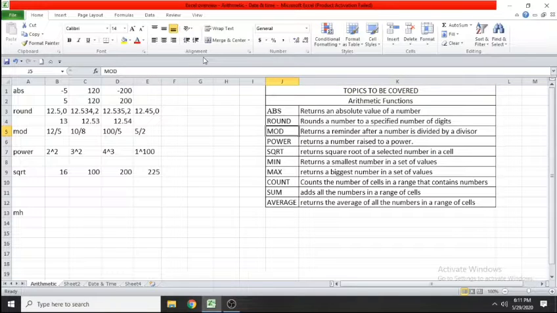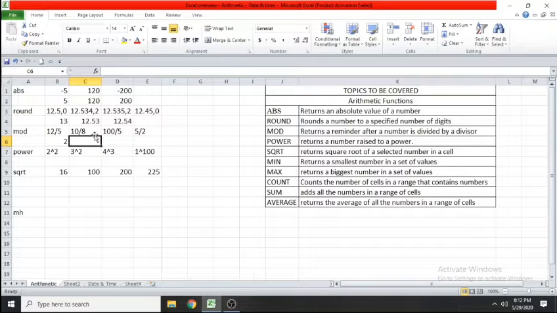Next is mod. Mod returns a remainder after a number is divided by a divisor. For example, if I am using the function mod, it is nothing but the modulus. So here two parameters are there. You can see first is number and second is divisor. So I am using the first number 12 and I am trying to divide it by number 5. Just think, if I divide 12 by 5, then what would the remainder be? 5 2s are 10 and 2 is the remainder. So the expected answer is 2. Let's see what answer it is giving me.